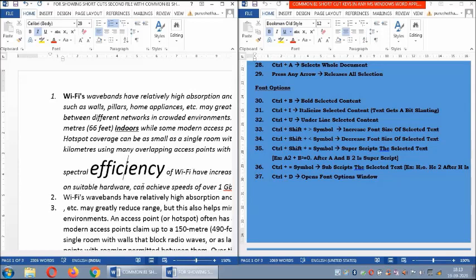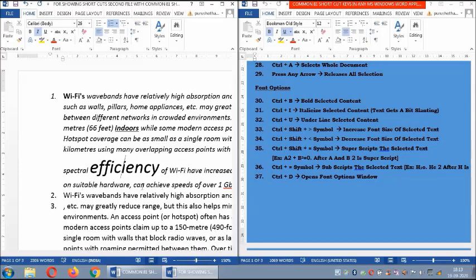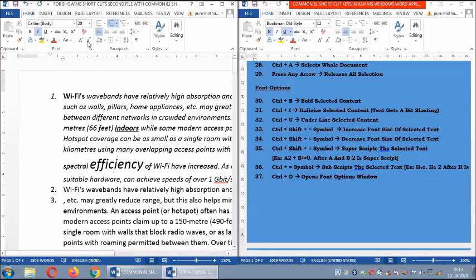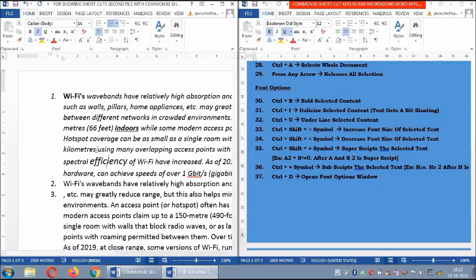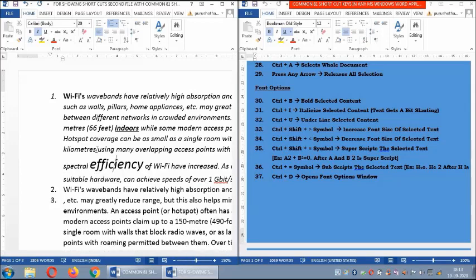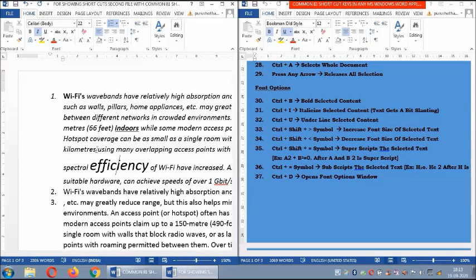But how many points is it increasing? See here in the font size, Control Shift less than symbol, 2 points; Control Shift greater than symbol, 2 points increase. Is it right? So the particular word I place it on is increasing and decreasing.